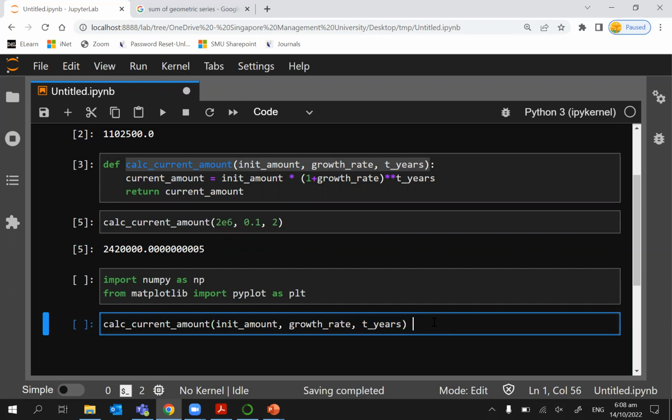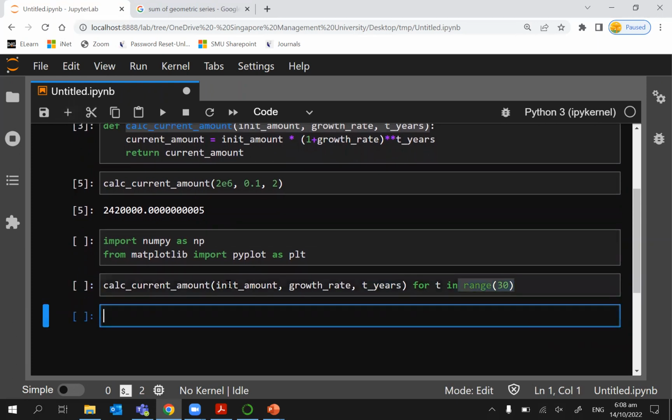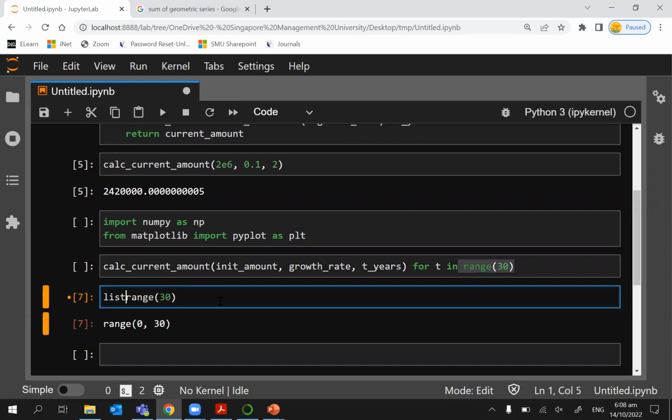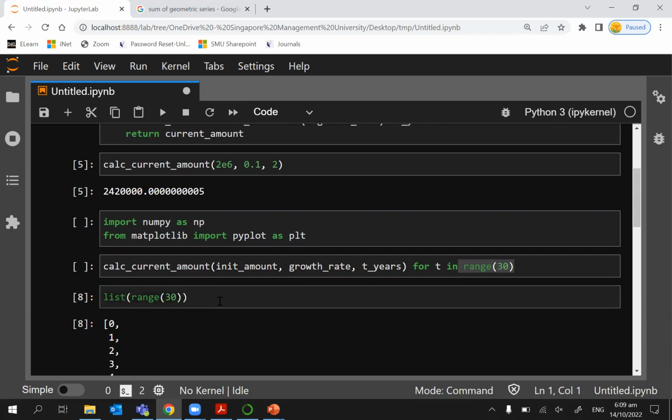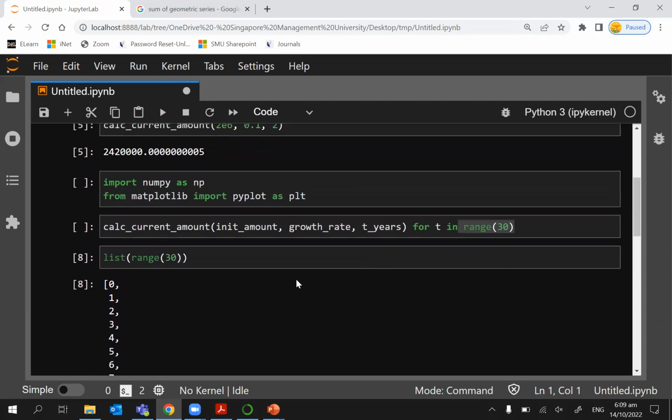So I can say for each year t in the range of t number of years, for example, 30, right, for 30 years. Now this range essentially gives us different values of t. Let me just show it to you. So 30, what does it give us? It gives us a range. Now, what is the range? What's inside the range? So I'm going to extract the value inside. So it basically gives us the values from 0 all the way to 29. Okay, so that's